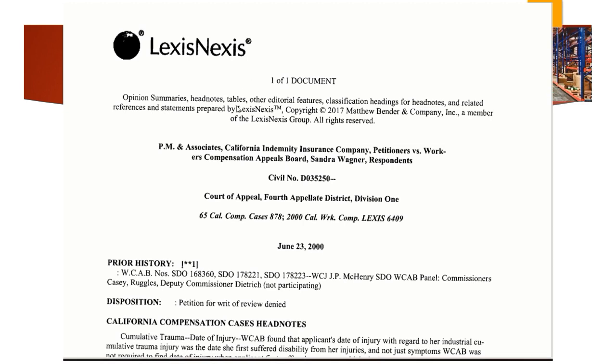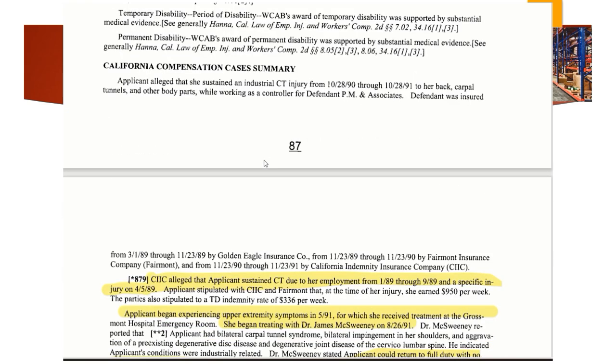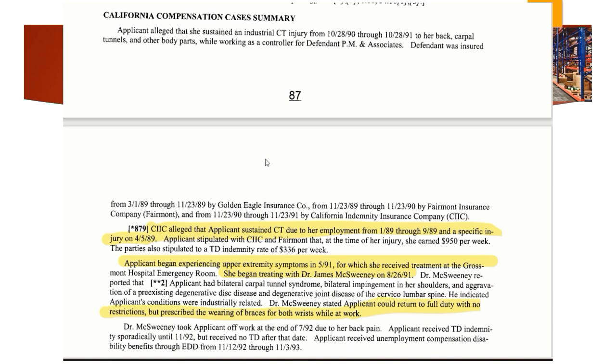Okay, so here's the case here. This is Wagner versus the WCAB, Workers' Compensation Appeals Board versus Sandra Wagner. So remember that we said that there's 3 insurers involved here. It says here the defendant was insured from 3/1/89 through 11/23/89 by Golden Eagle, the next period of time by Fairmont, and by the next period of time by CIIC. And it's CIIC that's fearing that they're going to be holding the bag for the bulk of the liability for